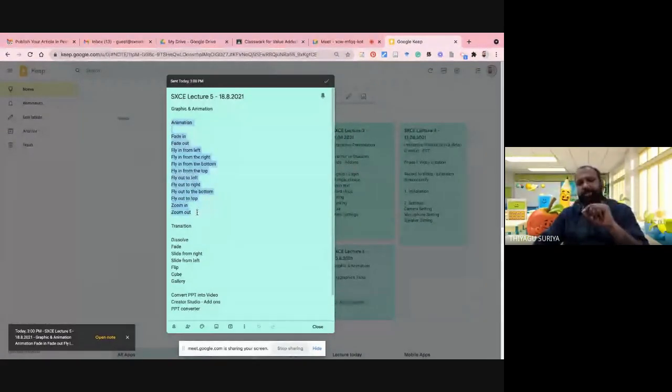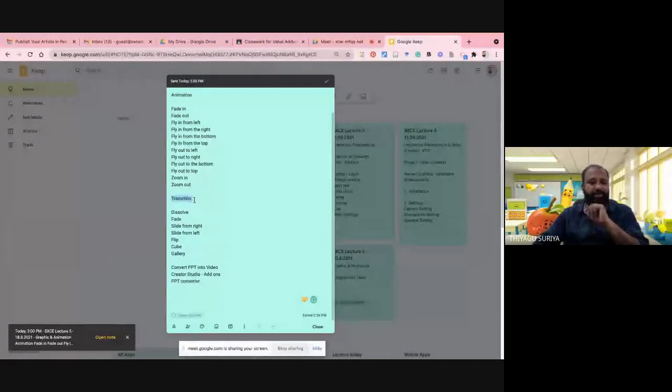And in this animation itself, there are three components. One is called on click, that is, mouse click, so each time you click once, it moves to the next animation. The second one is with previous, continuing with the previous animation. There are three modes of animation effect that they provide, and we can discuss that too.